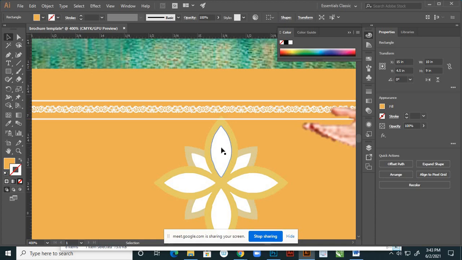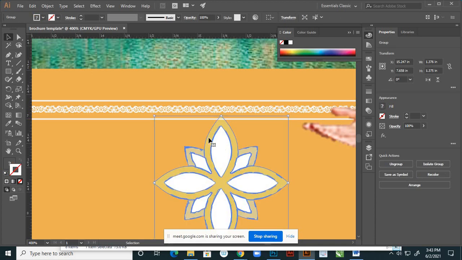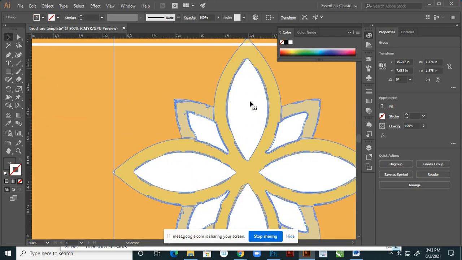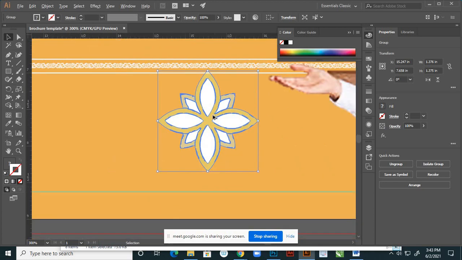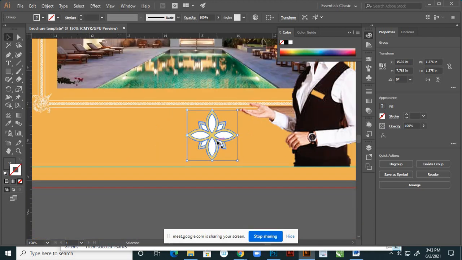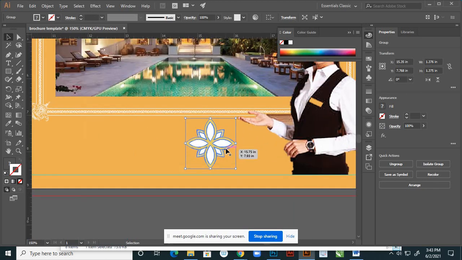Because see inside these portions we have to fill with this color, other color. So I'm keeping this as it is because see it's a downloaded image. So if you create yourself, it should be with vector lines, because we vectorized on photograph. So I'm keeping this as it is.